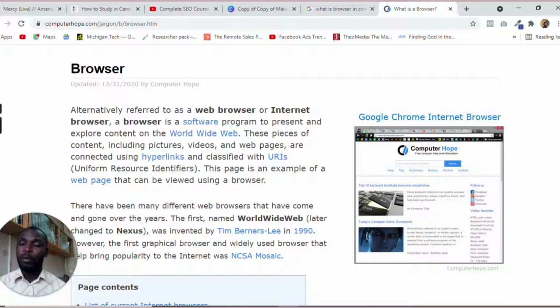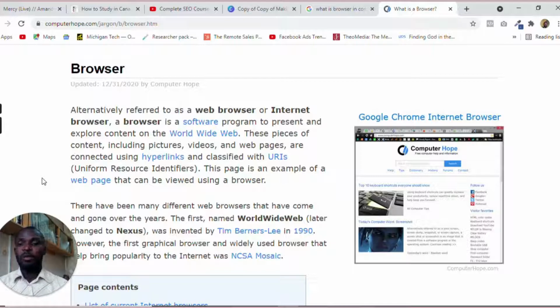Without that ticket in your hand or that visa, you really wouldn't have access to that location. Probably you need to settle for a means of transport to travel from one location to the other, depending on the distance. So that's exactly how to picture a browser. A browser gives you that opportunity to go from one place to the other on the web.